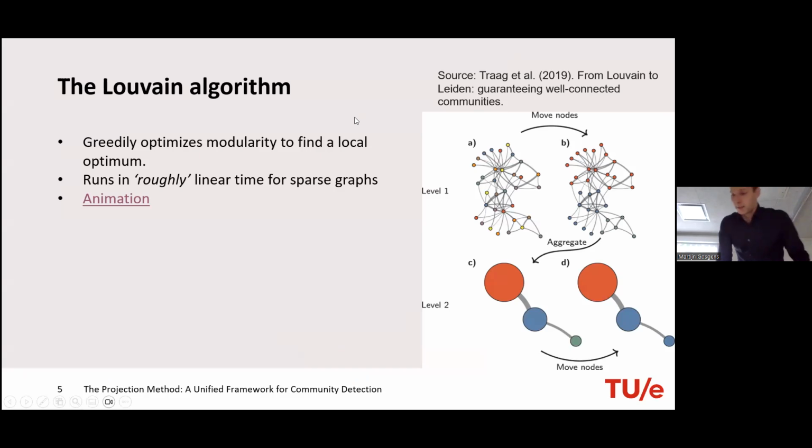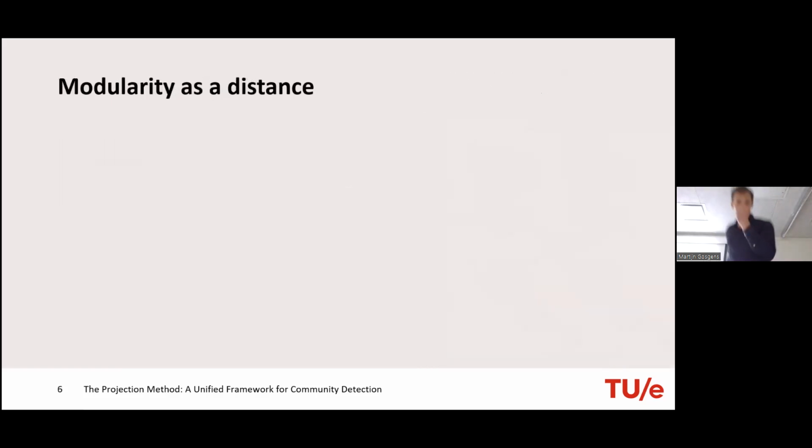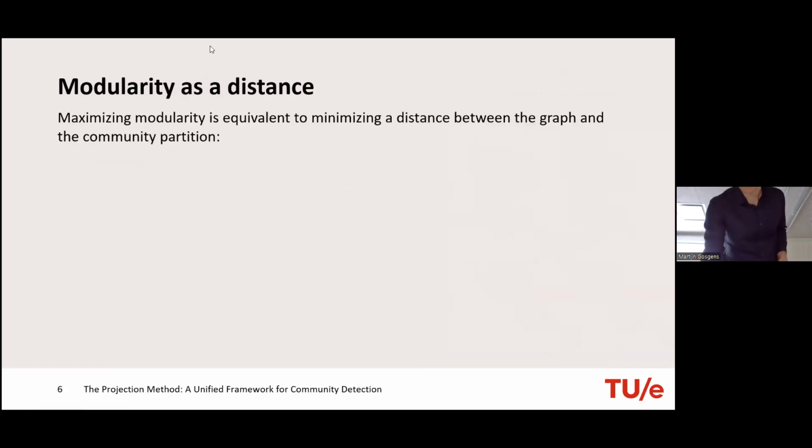Okay. So that is how this Louvain algorithm works. So an advantage of this Louvain algorithm is that it's very easy to modify this to optimize any other function over the set of partitions. And now what we are going to prove is that maximizing this modularity is actually the same as minimizing a distance between the graph and a partition. So the way that we do it